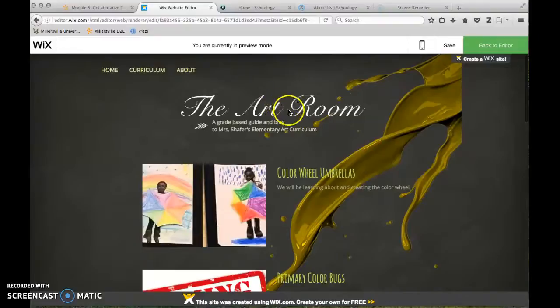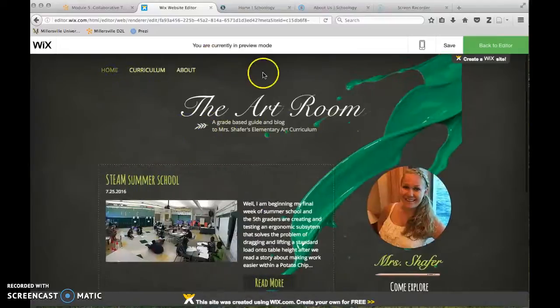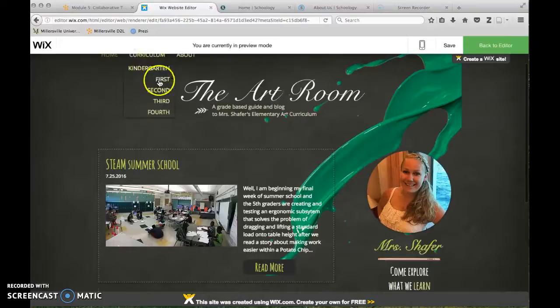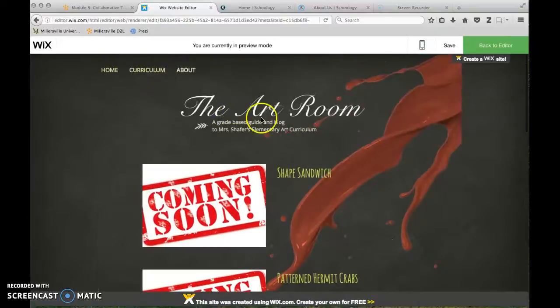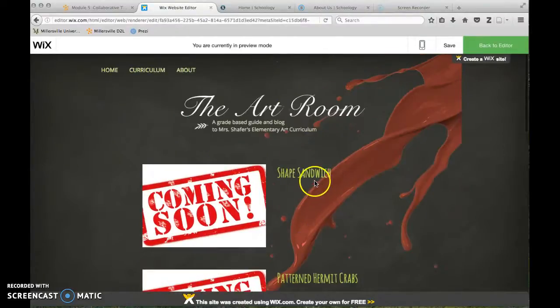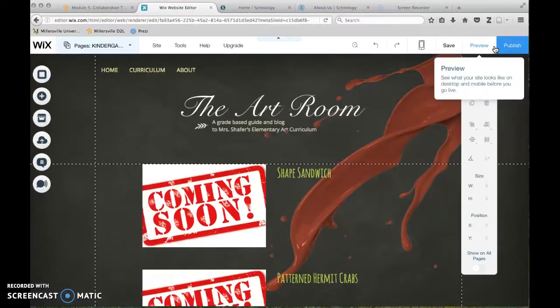It could also be used outside of the sense of how I used it, for students to come and access lessons that you need them to be working on. They could come to your homepage, they could respond to a blog, and instead of this drop down being curriculum, or even if it did say curriculum, they could go into whatever lesson we're on at the time, and they could do the activity with any kind of directions that would be there. So that was the preview of my